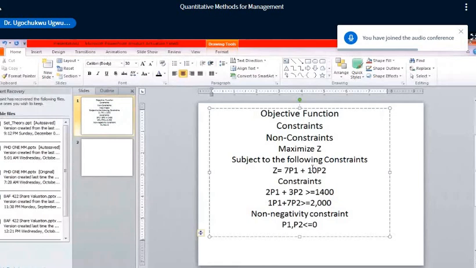The manufacturing hours will not be more than 400. That is the limitation there. And the assembly will not be more than 600. So, to formulate this